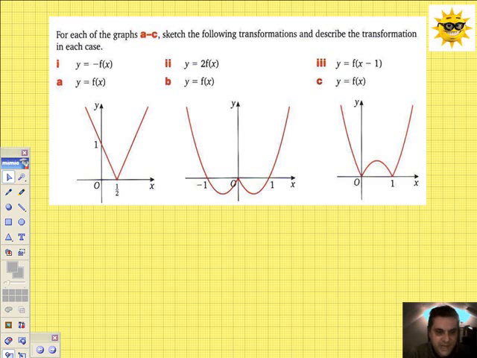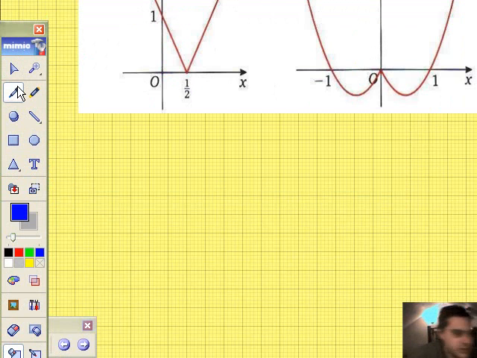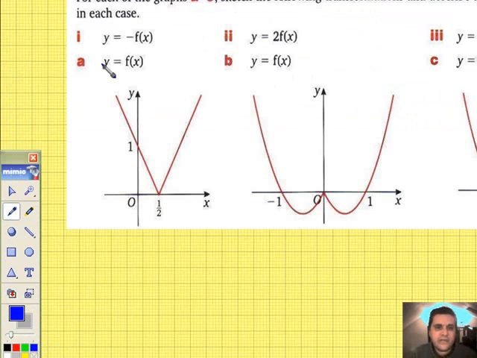And this is question 6. We're now working on page 357, question 6, the same exercise. I'll be doing a video per question. This will be the last question I'll be doing in the exercise before we do the final assessment of the entire GCSE. It says for each of the graphs A to C, well here they are, y equals f of x,